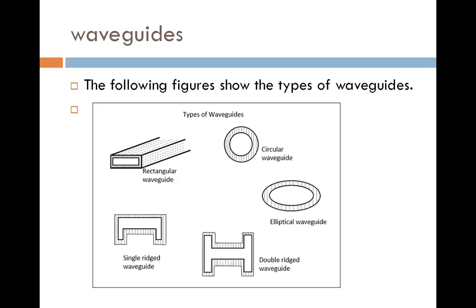Here we think about this phenomenon when we transmit electromagnetic energy in the waveguide. So what happens? Reflection occurs in the waveguide. But here the wall of the waveguide works as a perfect conductor. So what happens? Short circuit in the waveguide. Due to the short circuit, potential exists on the wall. So this is the phenomenon of reflection in the waveguide.